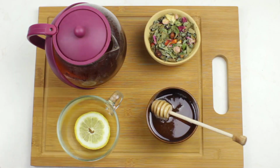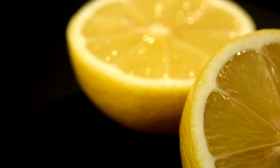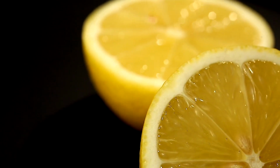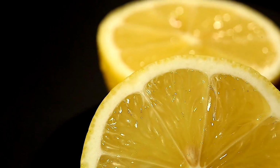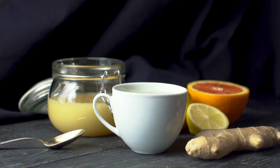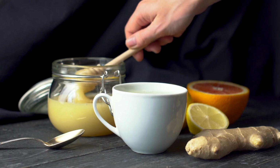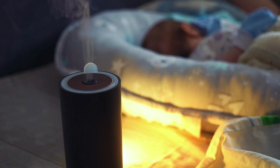To further enhance the effects of thyme, it can be combined with lemon juice and raw natural honey. Lemon juice is rich in vitamin C, boosting the immune system, while honey has antibacterial properties and soothes the throat. Mixing thyme tea with lemon juice and honey can significantly enhance its mucus-dissolving properties. For optimal results, it is recommended to drink this mixture 2 to 3 times a day. Additionally, staying hydrated, practicing steam inhalation, and using a humidifier can further aid in managing mucus production and maintaining respiratory